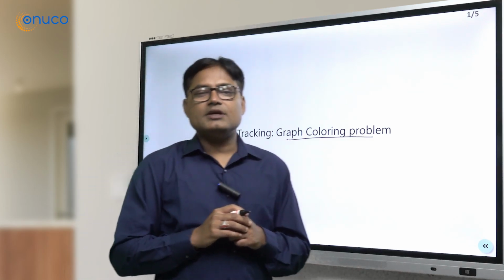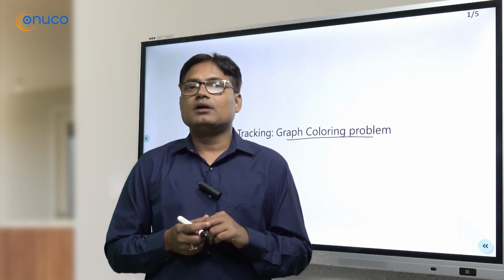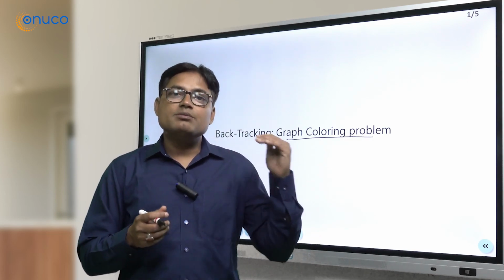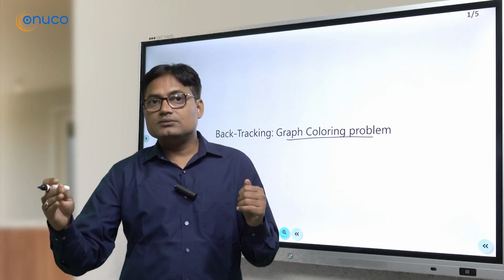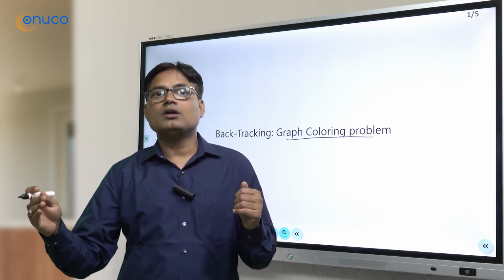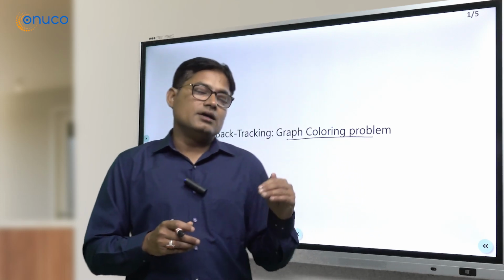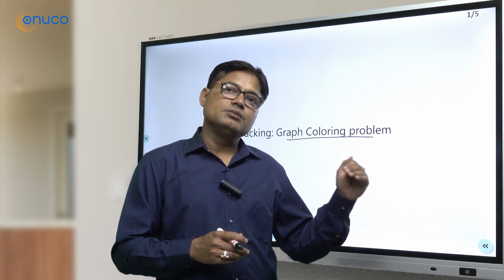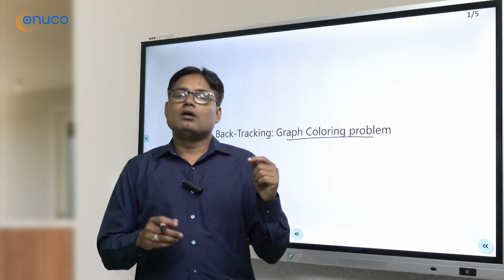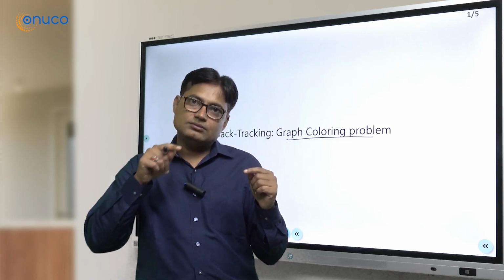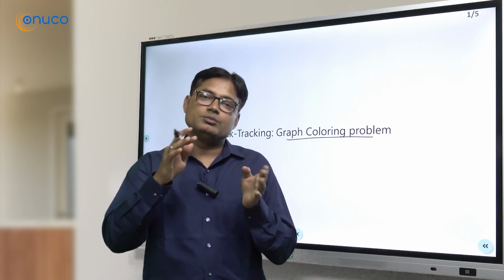So remember, if the number of colors is large, we can use a different color for each and every region. But the question is: what is the minimum number of colors to be used to color the graph, in such a way that adjacent regions are not colored with the same color, otherwise it looks like they are part of the same region. So adjacent regions must be colored with different colors. It means we should have an edge where the edge represents adjacent regions,